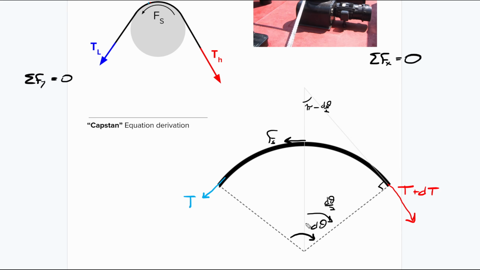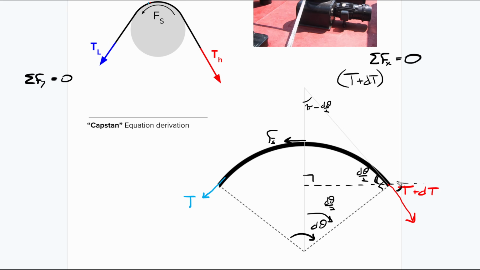So if this is d theta over 2, and this is 90, and that's pi minus d theta over 2, then I could draw this line right here. And I know that's 90. So if this is pi minus d theta over 2, then this has to be the other part, d theta over 2, because these are similar triangles right here. So that one's got to be d theta over 2. And these here are alternate interior angles, so this has to also be d theta over 2 on this side. So I know what this side's going to be. This is going to be T. And notice, this T is the same as that T. T plus dT is bigger than T, but this T is just that T plus a little bit. And so I've got T plus dT